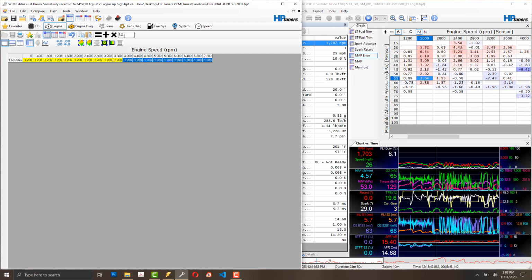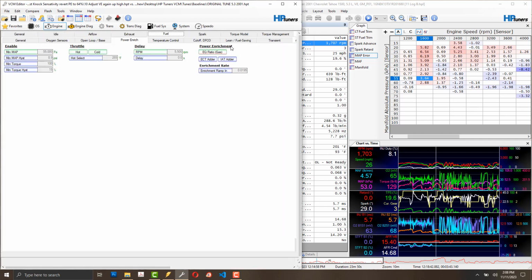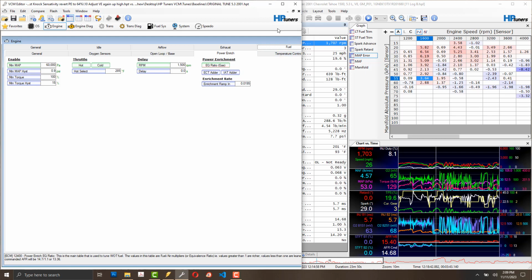The factory one, let's look at that really quick, was the opposite. So here, lean, lean, lean, lean, more rich, more rich, more rich. But I think they have baked their higher AFR, air fuel mixture, into that VE table. That's my guess. So we're doing it right here. And let me go back. Now it's 1.2 across the board. So from what I've heard,